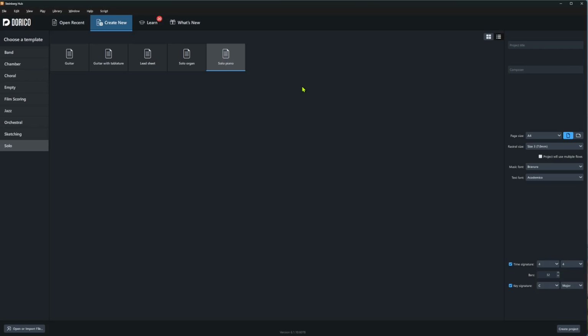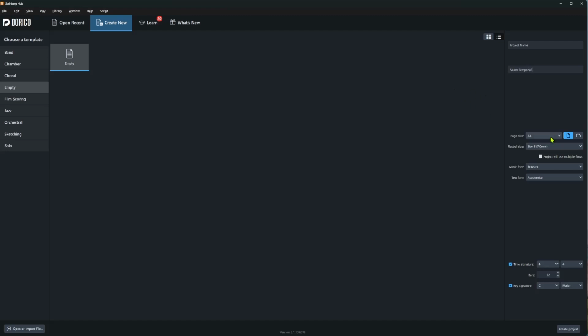Right, we're going to imagine that we are working on a large orchestral project today, and I will point out where you may want to use different settings for a smaller project. So after opening Dorico, we're going to create new and then go to empty, and we can set a couple of things on the panel on the right, those being our project name, which I think today I'm just going to call project name. And we can also set our name or the name of our composer